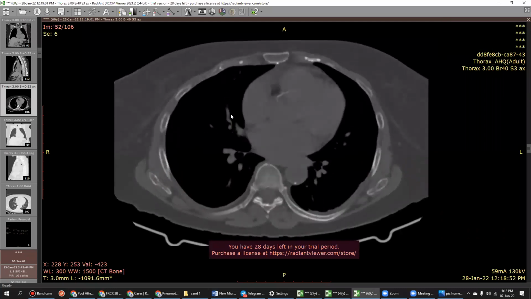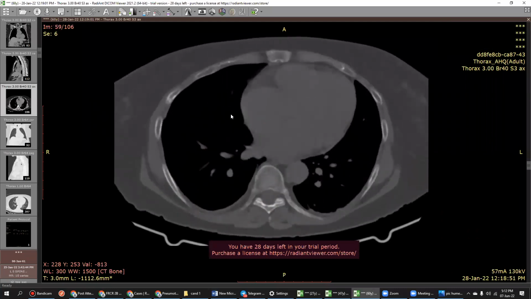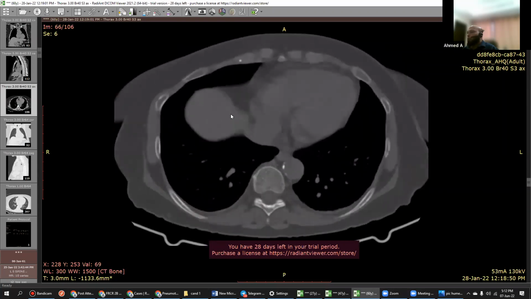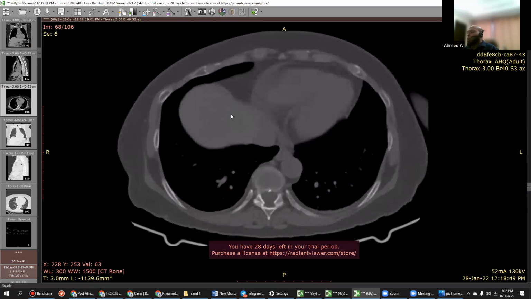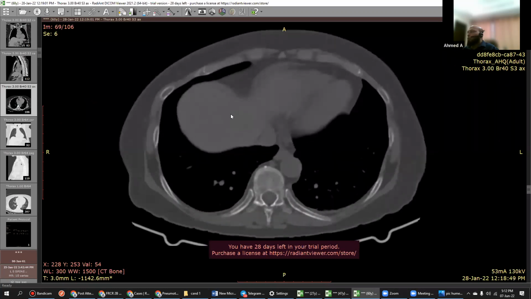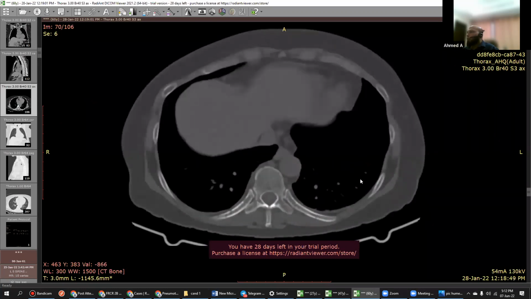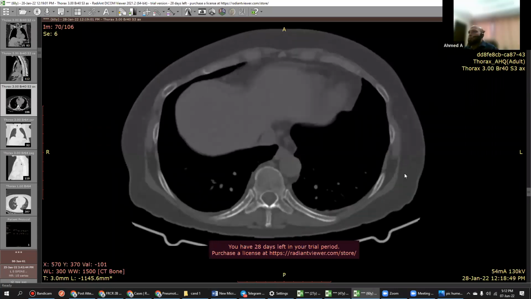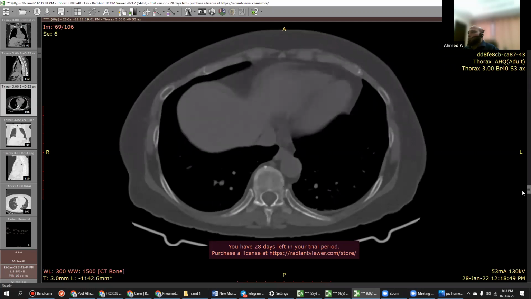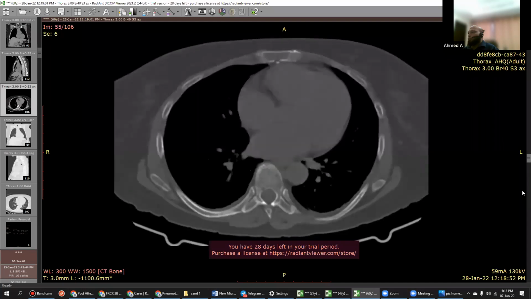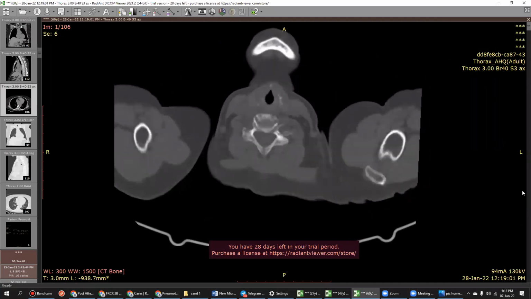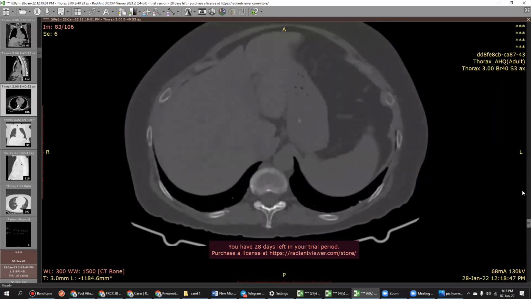Yeah, I'm just having a quick look at the bony structures. You're pressing a lot on the keyboard, just press and hold for a while. Or else you can use the scroll button. That will help you more. You can use the mouse to scroll. You can see the scroll bar here on the right side. You can use this also. That will also help you if you want. Well, I haven't seen any remarkable thing in the bones.